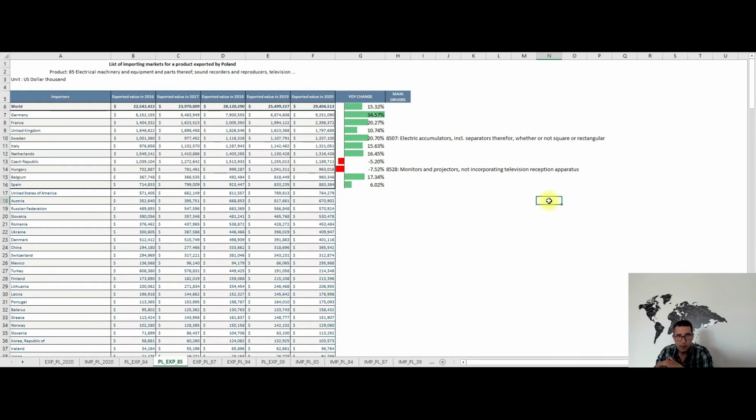And I will stop here with the reading of the trading partners, and I will highlight the year-on-year changes, both positive and negative. Fortunately for Poland, there are only 2 countries with whom the exports fell year on year, and these are the Czech Republic and Hungary, whose exports fell with 5.2 and 7.5% respectively. And on the other hand, as I've said, fortunately for Poland, there are quite big increases, both in absolute and relative terms, especially with Germany, France, and Sweden, but also with Italy, the Netherlands, the United Kingdom,